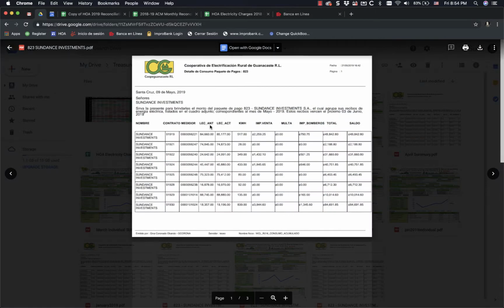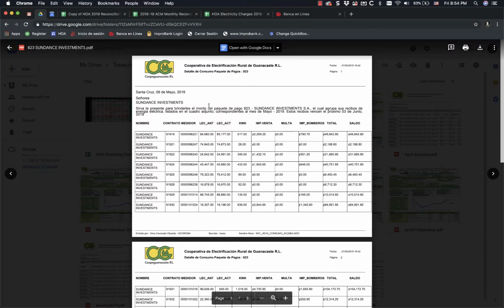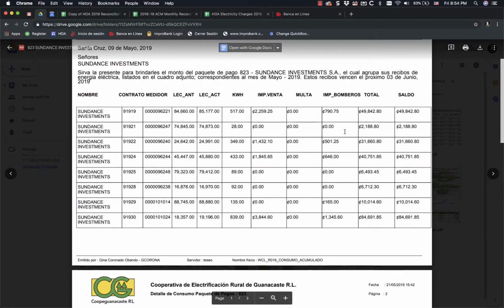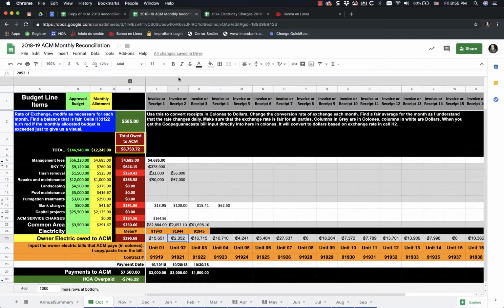Let's just assume it's this one. This is from May. Okay. So if I was looking at this bill, I would make this a little bigger on my screen. I would just grab this total, 49,000, and notice I can double click that, or I can actually click and drag across that, and I can copy it. And then I could come right on over here,